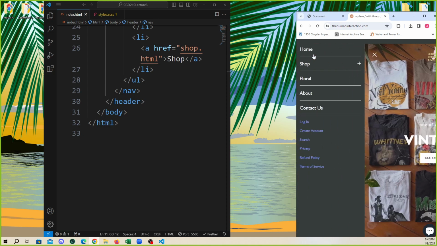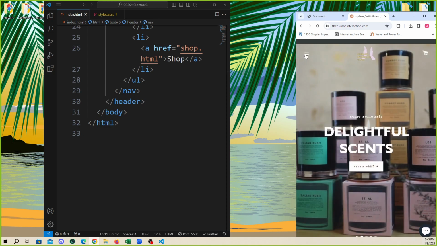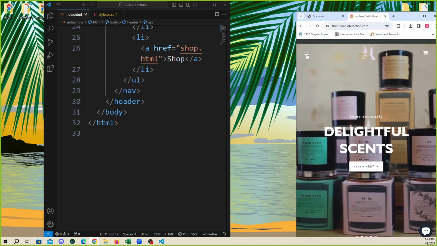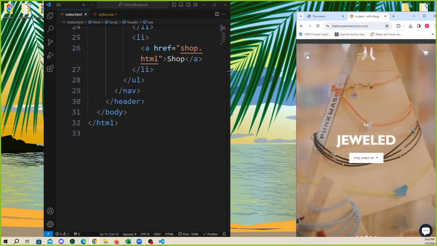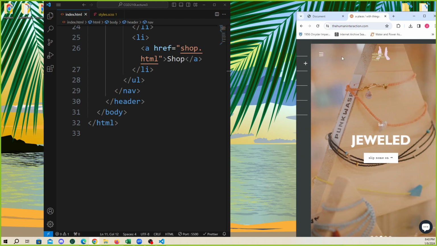Yeah, I like this one. When we click on the button to open it, this pops out and pushes everything to the right side. This could be a cool way to do it. Yeah, this would involve, I guess, we would have to create the header, or the navigation would have to